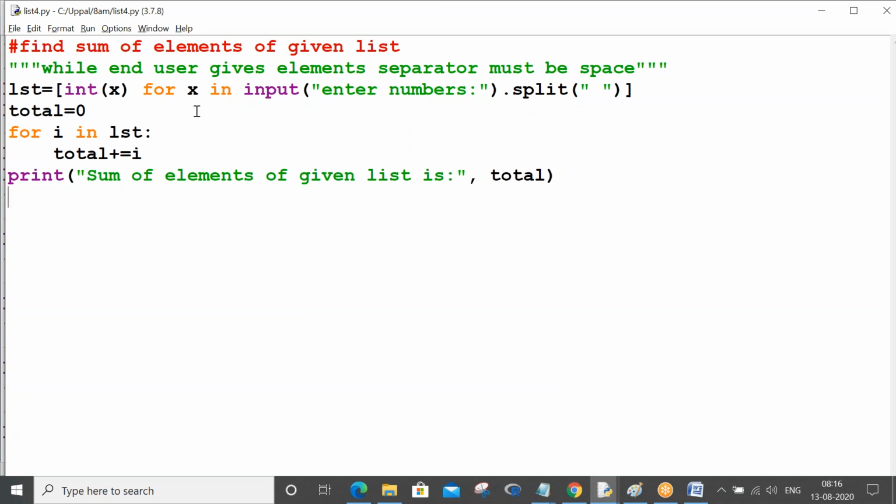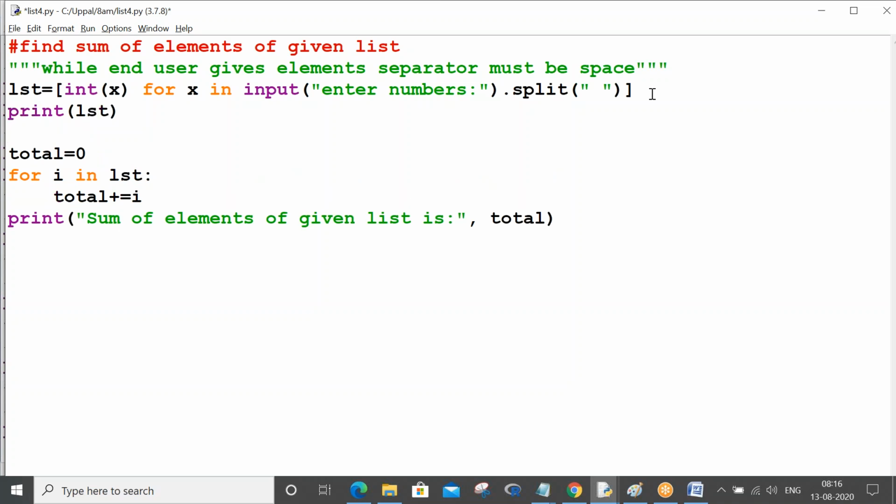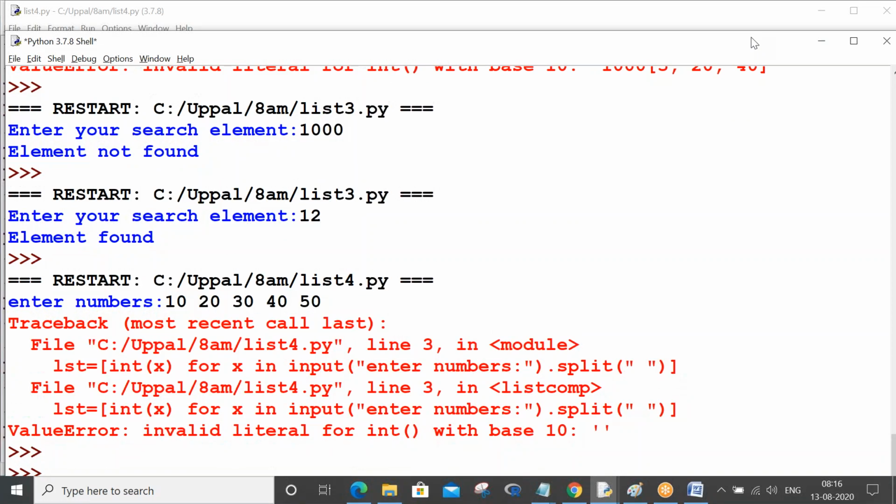Int of x for x in input. Let me press Control S, F5.